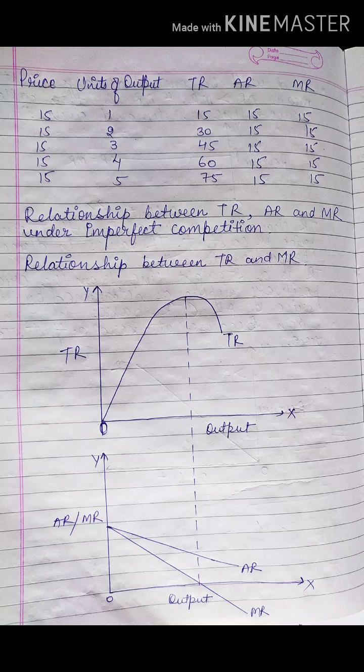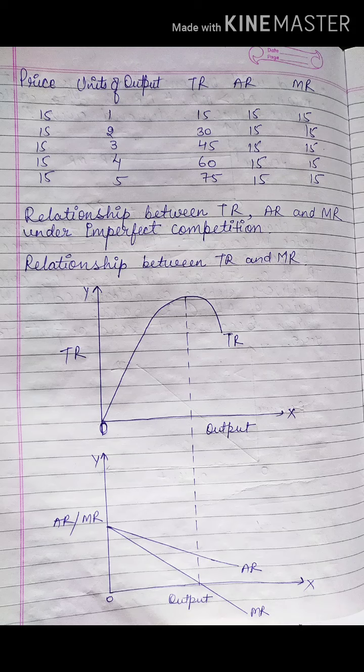Equally, price will be the same. This is what we have studied. All three are constant: price, AR, MR. So when at unit 1 it is 15, throughout it will be 15. What will change? Total revenue, right? The formula of total revenue is price into output, that is quantity, like 15 into 20. So you can see total revenue is changing in the schedule.